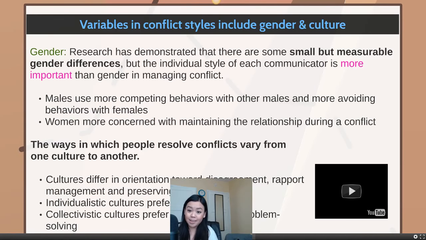And so we also see that conflict, as always, we have to study the different ways that it varies among gender and culture. What we find is that gender does play a role in the way people engage in conflict. There are some small yet measurable gender differences. For example, males tend to use more competing behaviors with other males, and they tend to avoid with females. Women tend to be more focused on maintaining the relationship, so that becomes their goal, not actually what you're fighting about. So for men, let's say